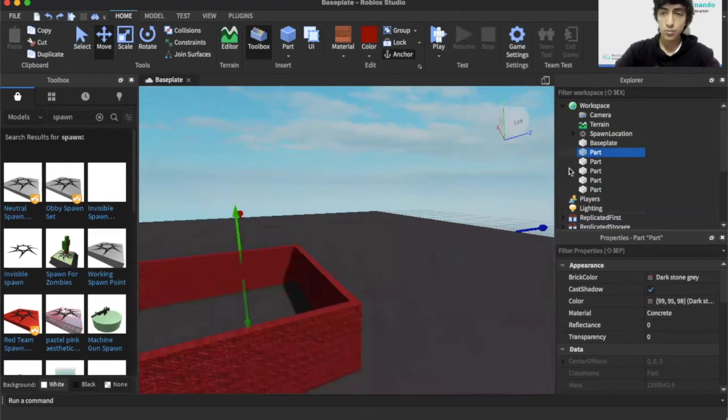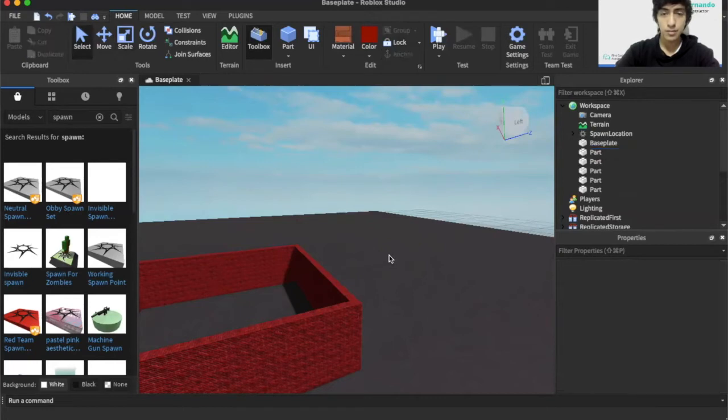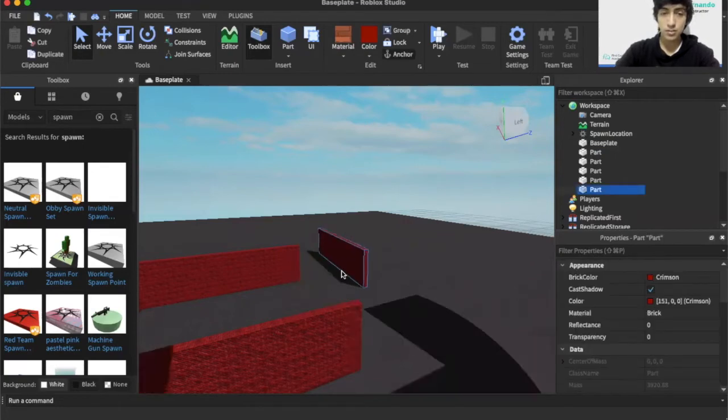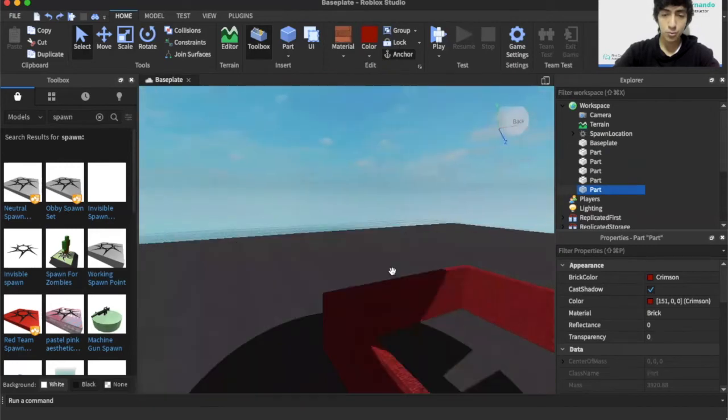I'll try not to move the base plate just like I did right now. I think I moved the base. Yeah, I moved it. If I don't want to move it, I'll just click on lock and I'll lock it in place. I think that should be enough. As you see, I cannot longer select the base and I can no longer move it. I can only move the ones that are not locked. All right. Now that I have my 4 walls,